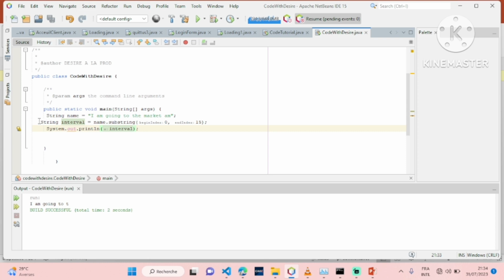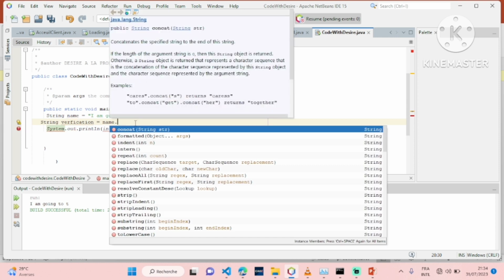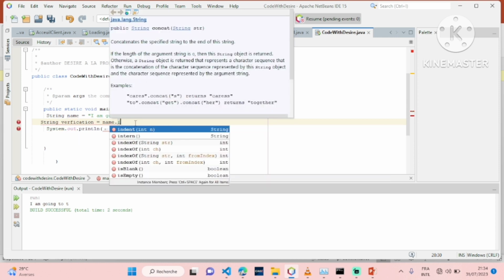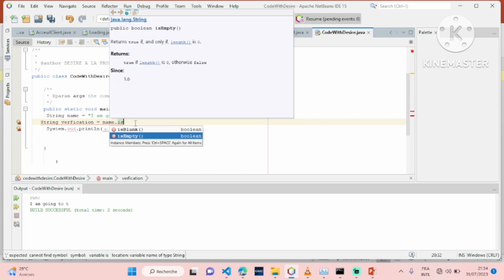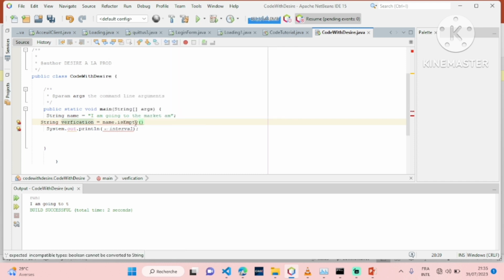To represent it, we will put here verification, and we will clean all this. We will say here name dot isEmpty,